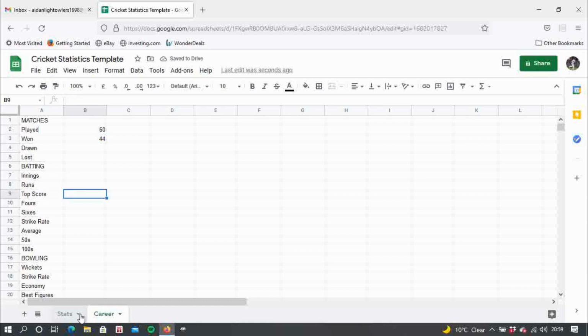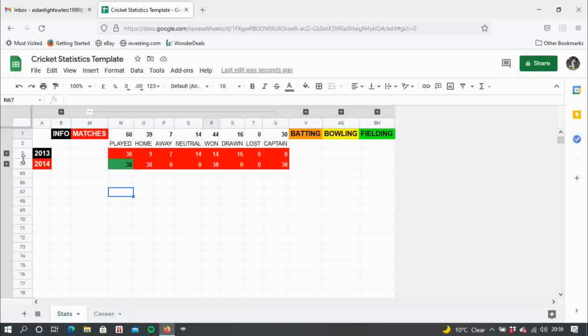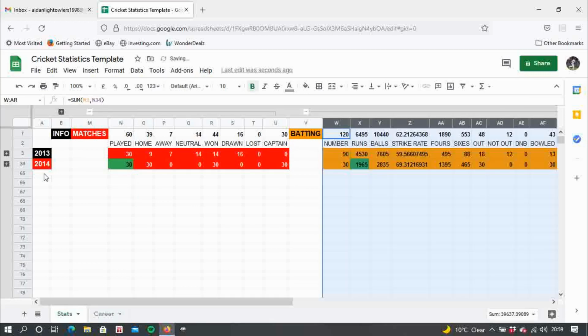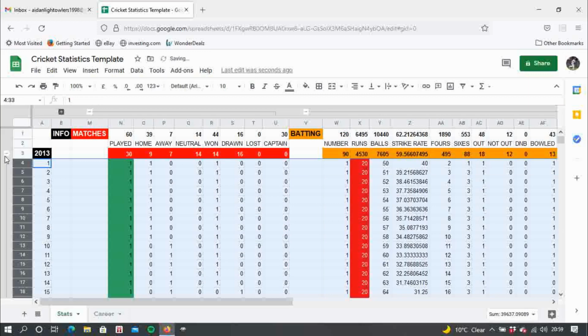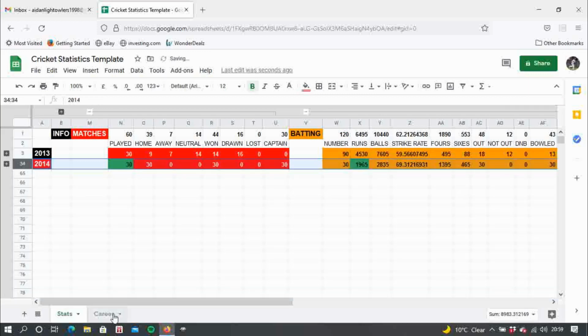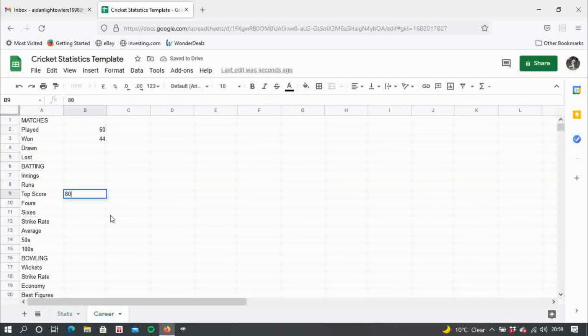The only couple you can't do that for is your top score, which you should know. I think it's down here, we'll just say it's 80. Your strike rate you can take. Your average